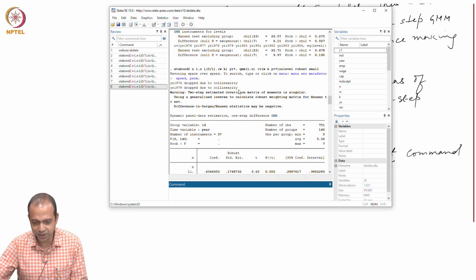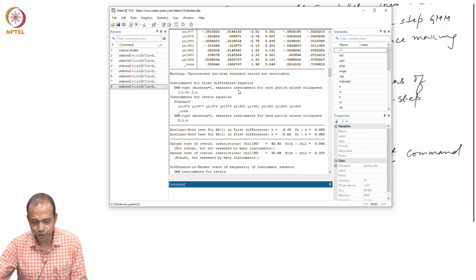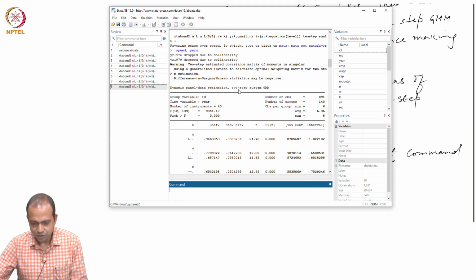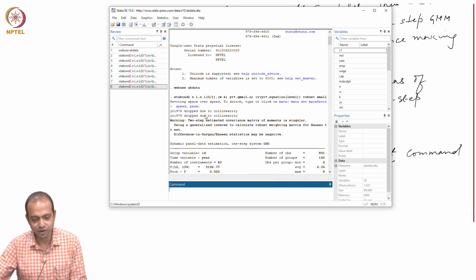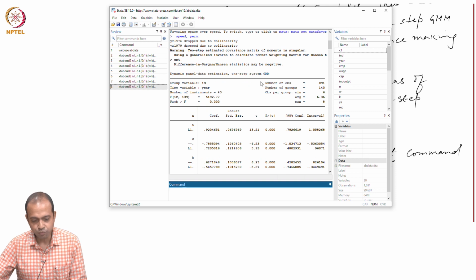I will go back once again to what we have estimated. This is two step system GMM, coefficient is 0.94 lying within the interval. Before that we estimated one step system GMM, coefficient lying within the interval. So, both one step and two step system GMM ensured the coefficient lying within the interval,